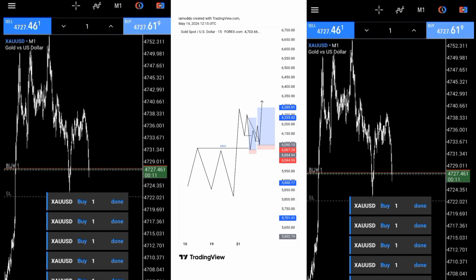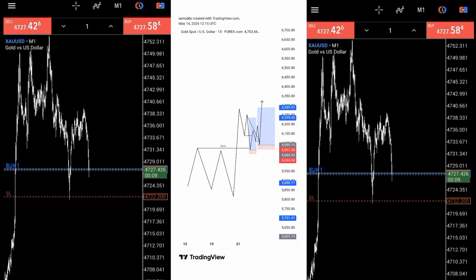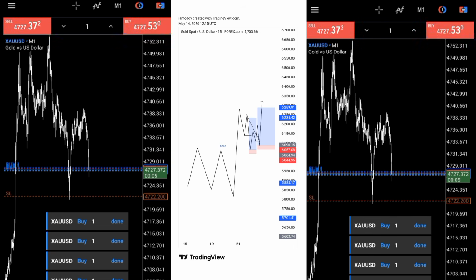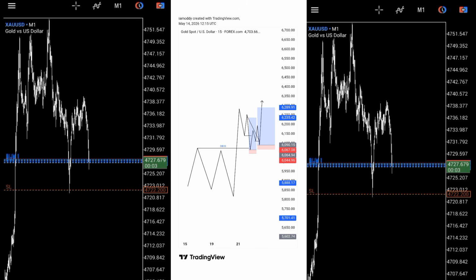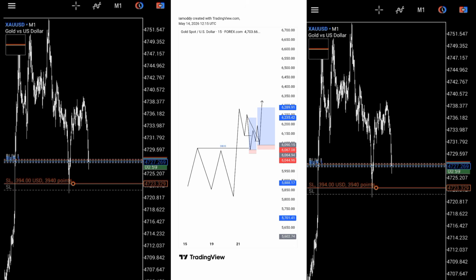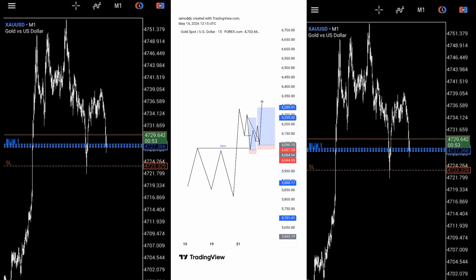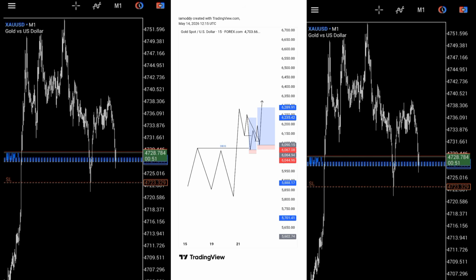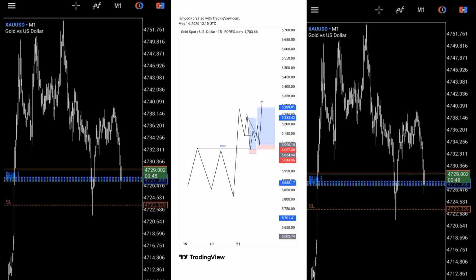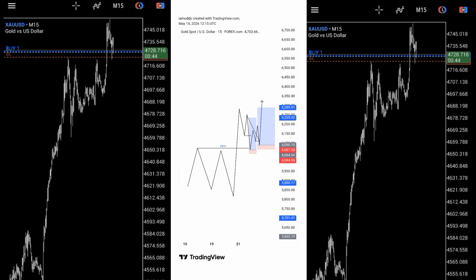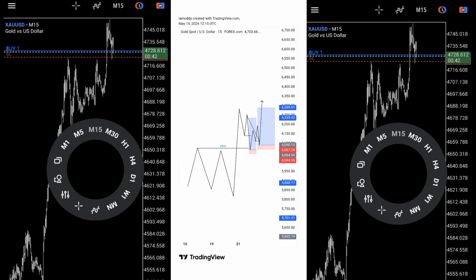So for this trade, guys, I'll be taking this buy on gold with one lot size. I'll be adding more positions, and that over there is my stop loss. Let me adjust the stop loss a little bit. Yeah, so that is my stop loss. I'm using a position size calculator to work out the lot size. You can see that the market immediately rejected from where I bought. So this is the reason why I'm taking this trade.